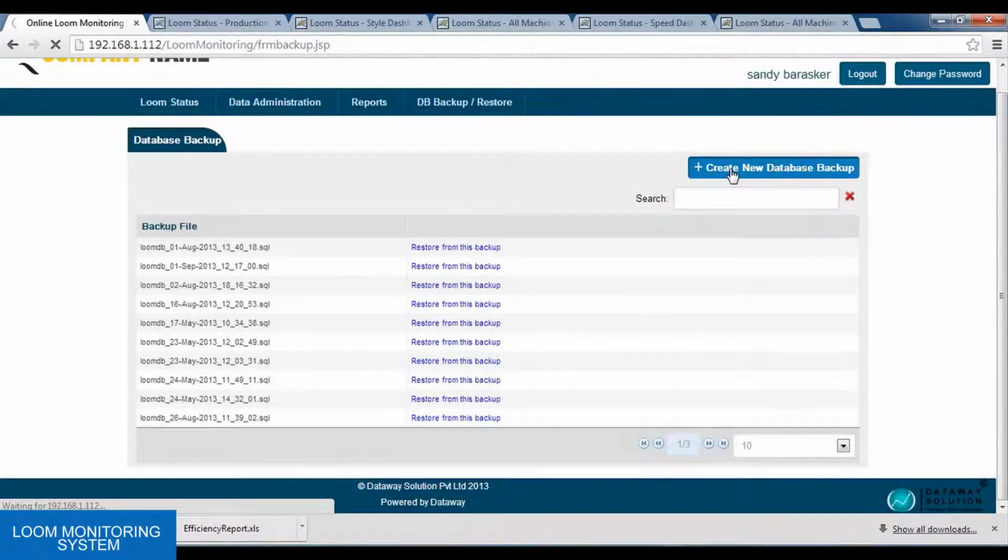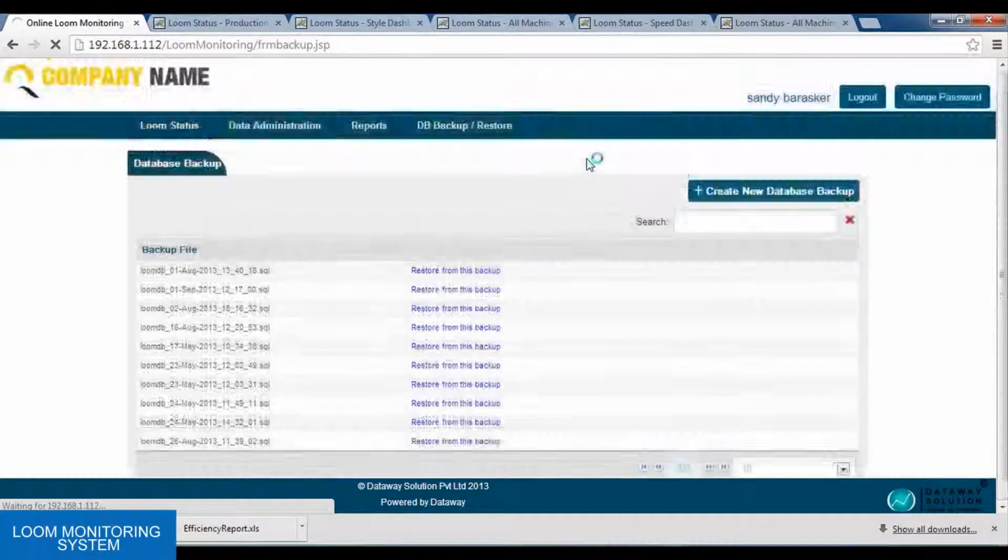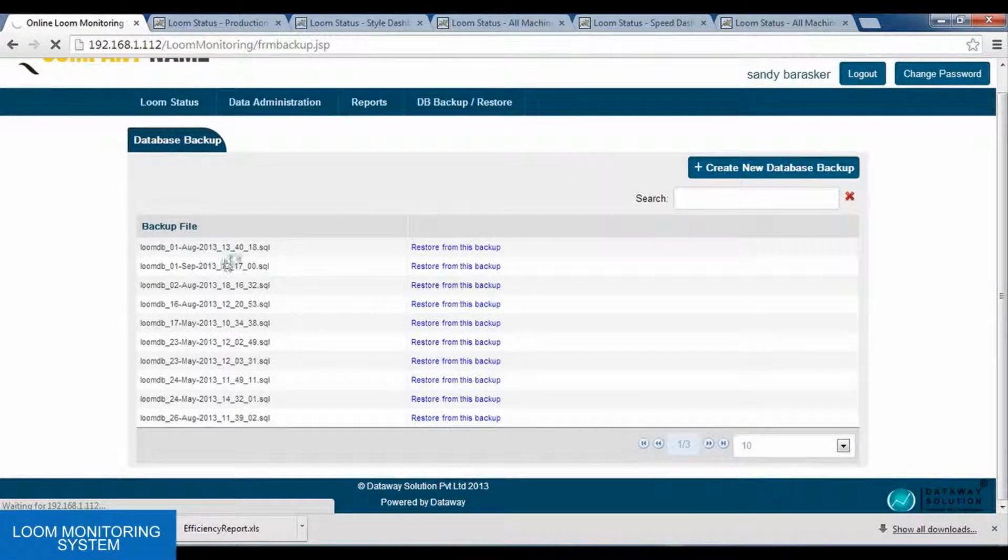We'll get a message, created successfully. As we can see over here, the database backup has been taken. Here we get the message, created backup successfully.